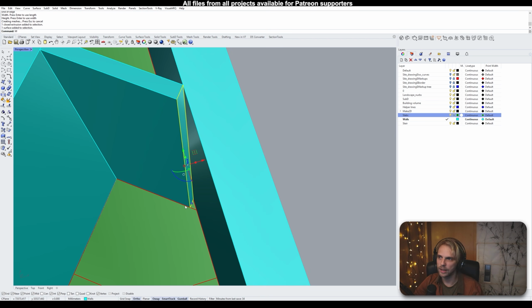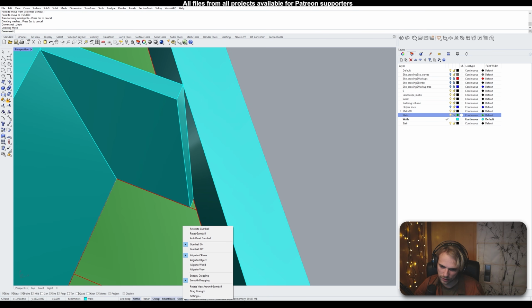Either type in M, enter, and then choose wherever you want on this edge, and snap. While you're snapping along this edge, it's going to move along this edge, right? So then you can just type in, you know, 200 millimeters, and it's going to move along this edge by 200 millimeters. Another way would be to right-click the gumball